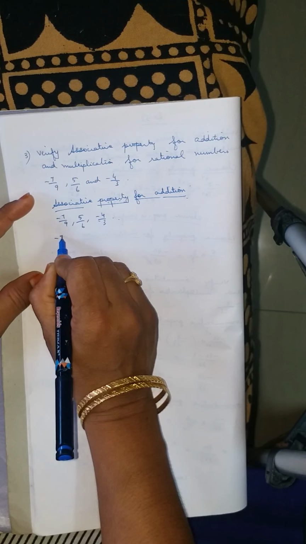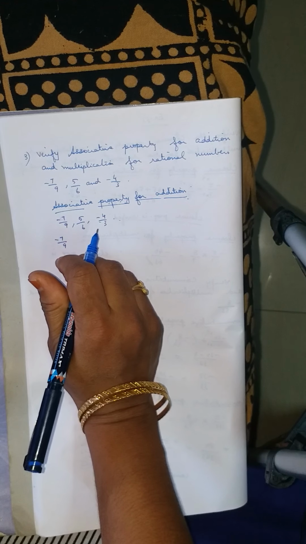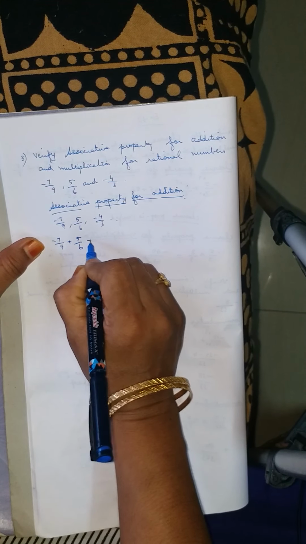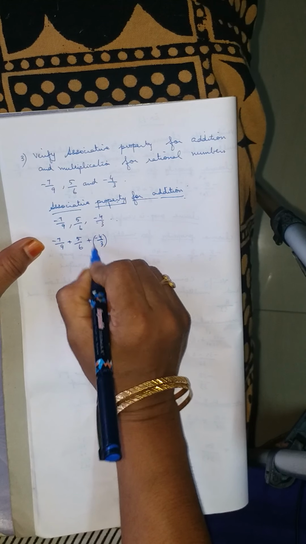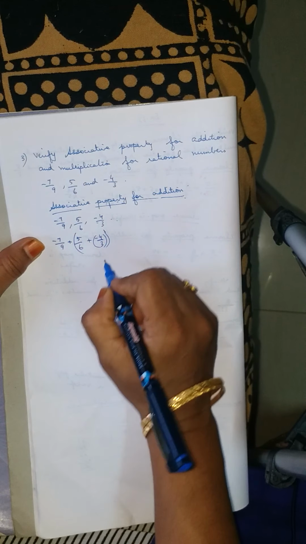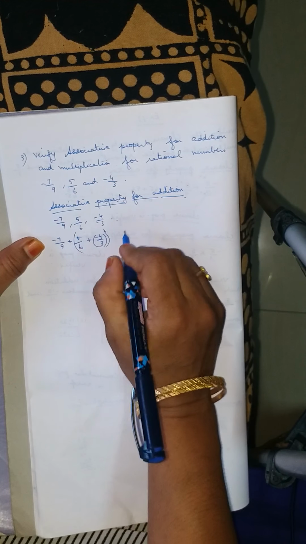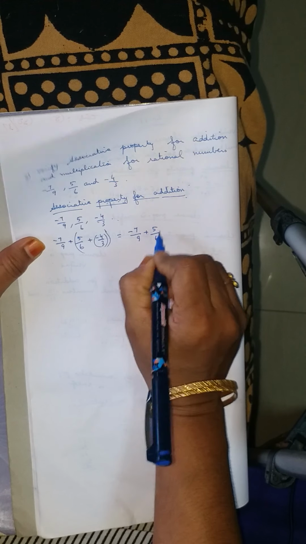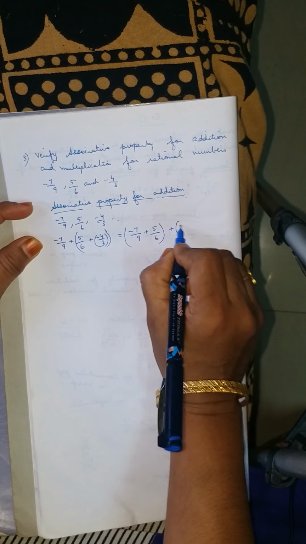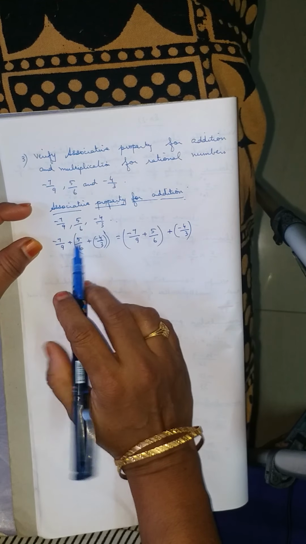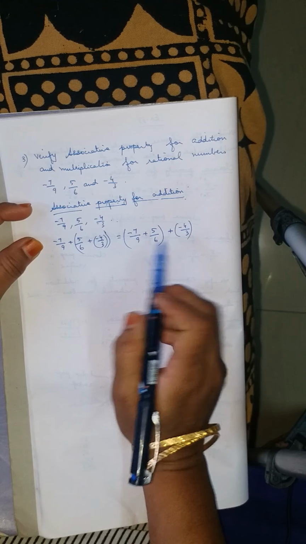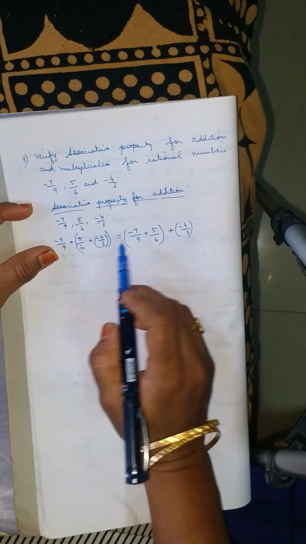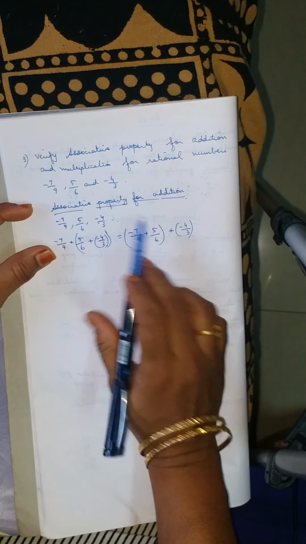So, here you will differentiate the fractions with the help of the bracket. Minus 7 by 9 plus 5 by 6 plus minus 4 by 3. Write this within the bracket because it is a negative value. First, second and third I have put within the bracket. Here first and second I will put in the bracket, plus minus 4 by 3. That is, you are adding 3 fractions on both sides. With the help of the bracket you will differentiate. So, second and third within the bracket, first and second within the bracket. This is your associative property.